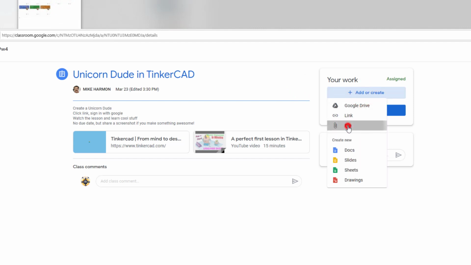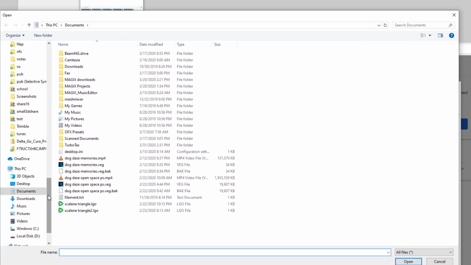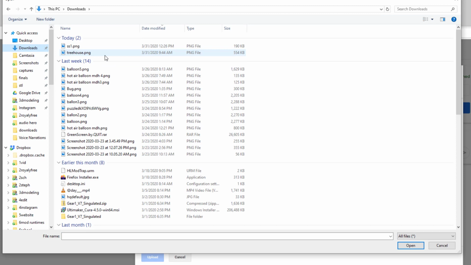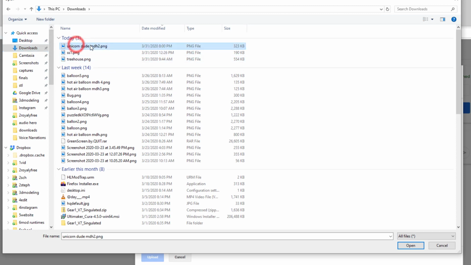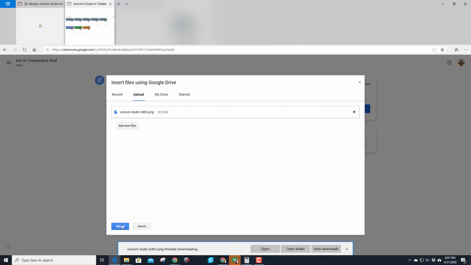You may hit Add. You may go to File. You need to select the file. Once again, you need to go up to your downloads folder and you need to find that file that you just saved. When you click Open, it will upload into this area. You finish with an upload,